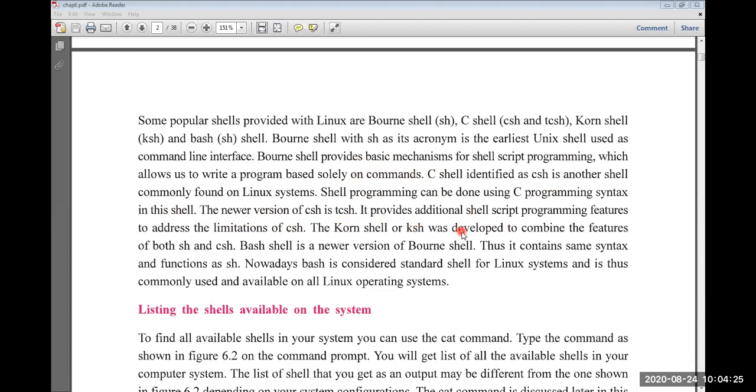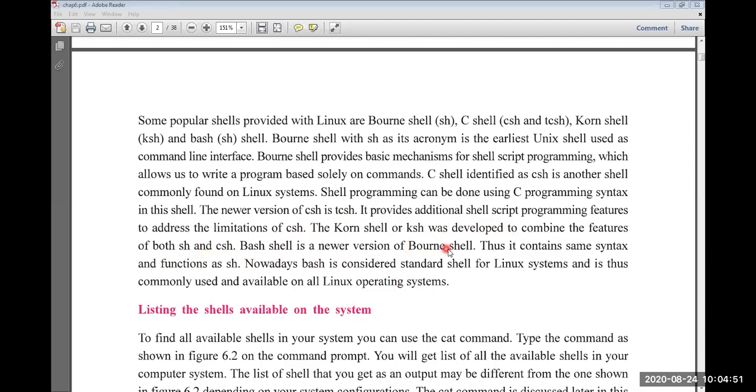It provides additional shell script programming features to address the limitations of CSH. The Korn shell or KSH was developed to combine the features of both the Bourne shell and the C shell.